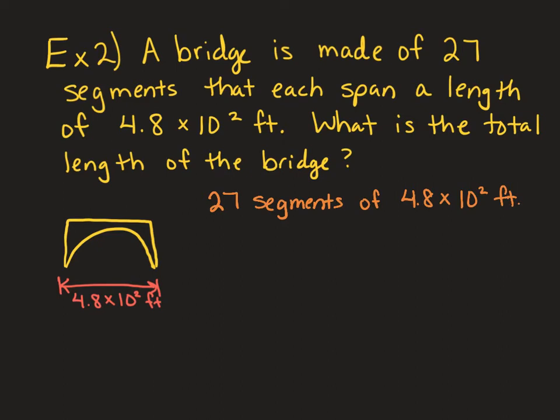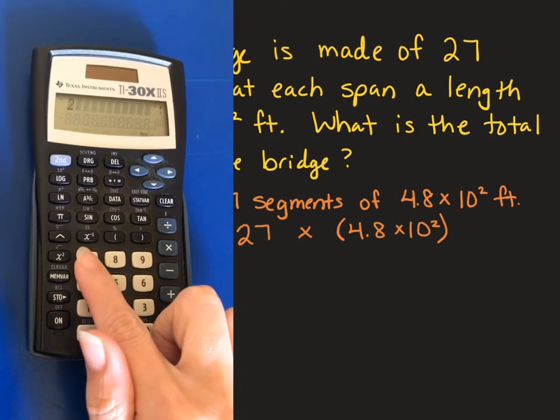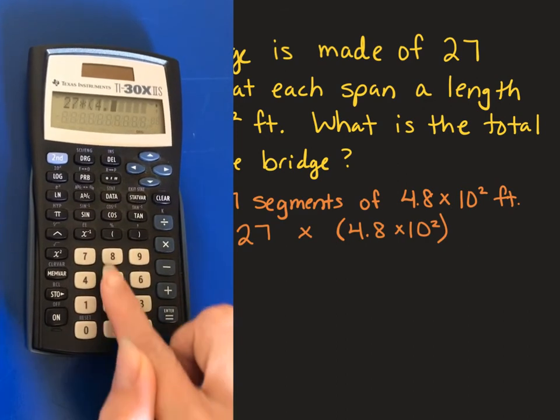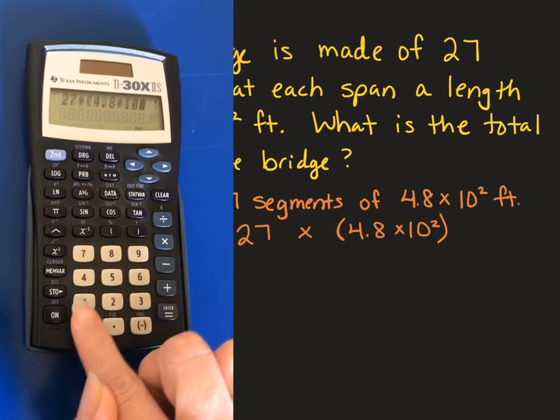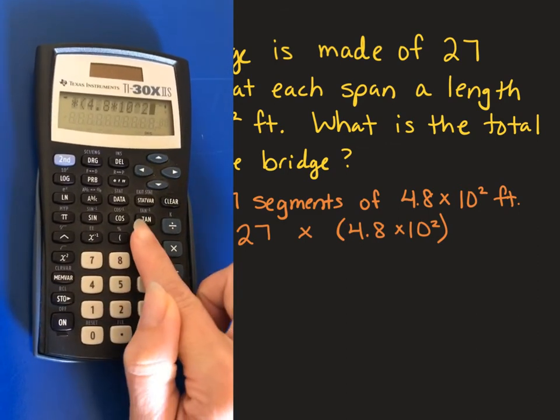And we've got to think of what operation we would need to figure this out. Well, it looks like we're repeating 4.8 times 10 squared 27 times. In other words, we're saying 27 times 4.8 times 10 squared. So we figured out what we're going to do. So we start with multiplying 27 times, open parenthesis, 4.8 times 10, and then we can use that caret button to raise it to a power of 2,